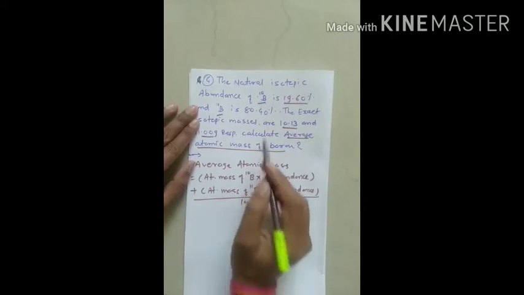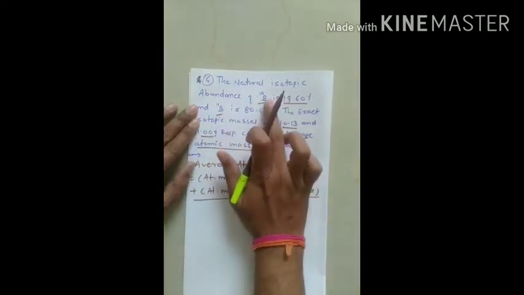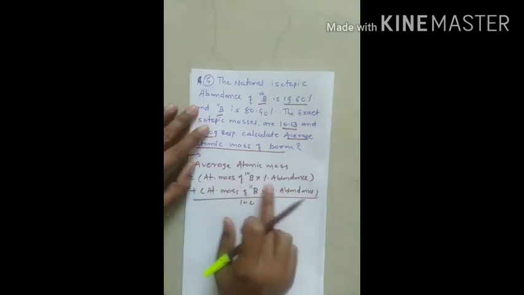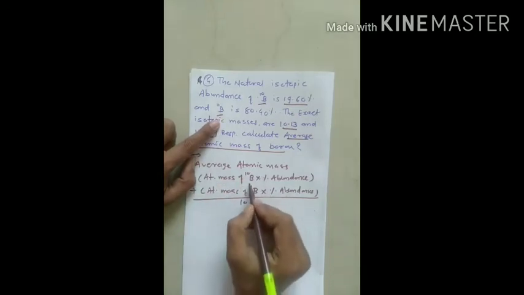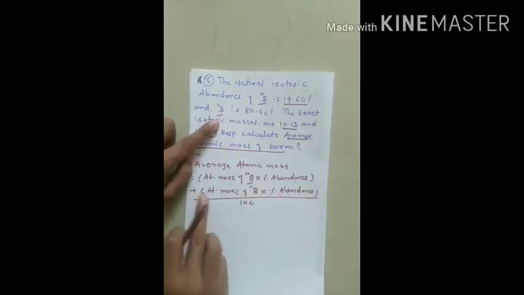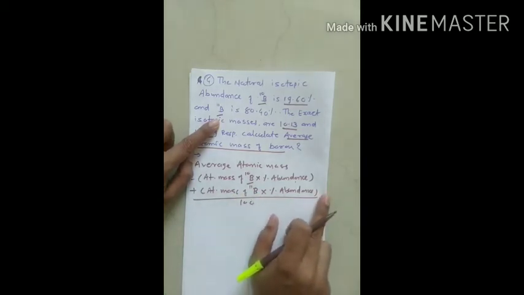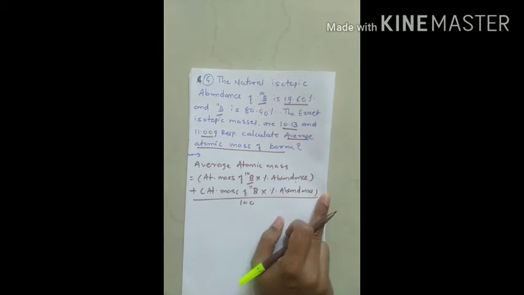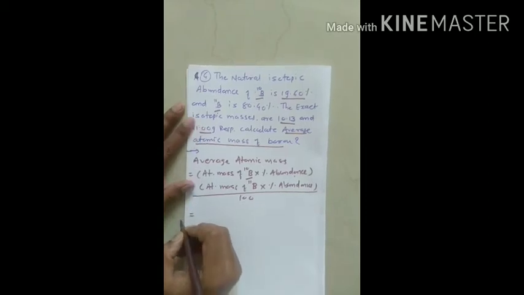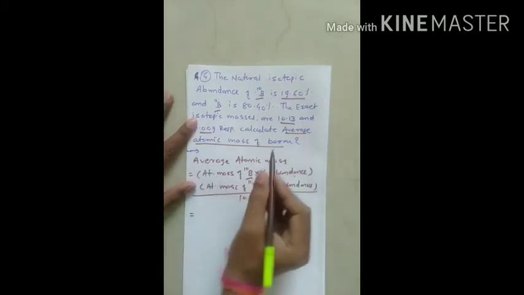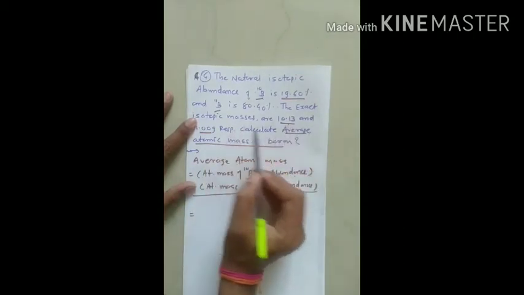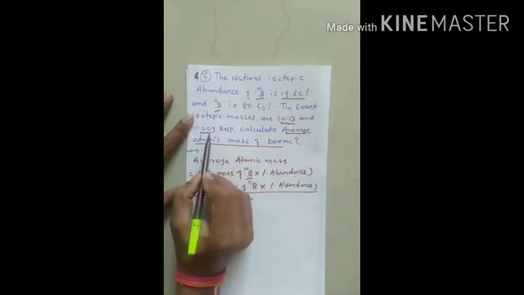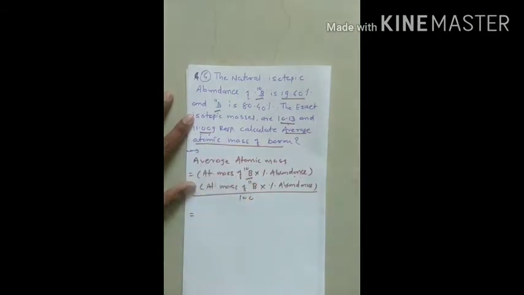Here two isotopes are given, so I am just multiplying each atomic mass with its abundance and adding for the second isotope. If more isotopes are given in the problem, I add them in sequence like this, and the whole is divided by 100. All values are given in your question. If you read it carefully, the atomic mass of B10 is given, it is 10.13, and the atomic mass of B11 is also given, it is 11.01. So the only thing is that we have to put in the values and you will get the answer.